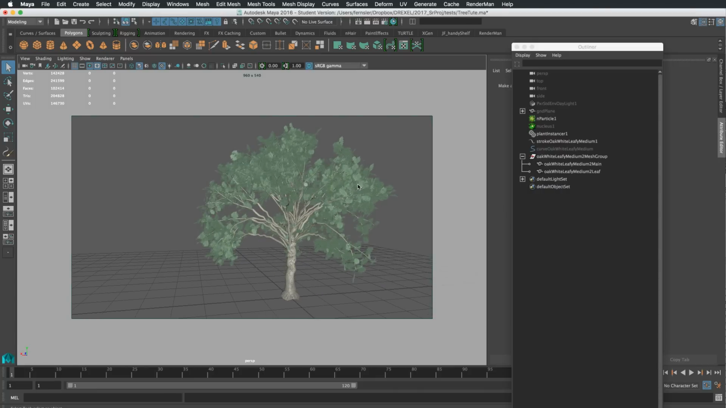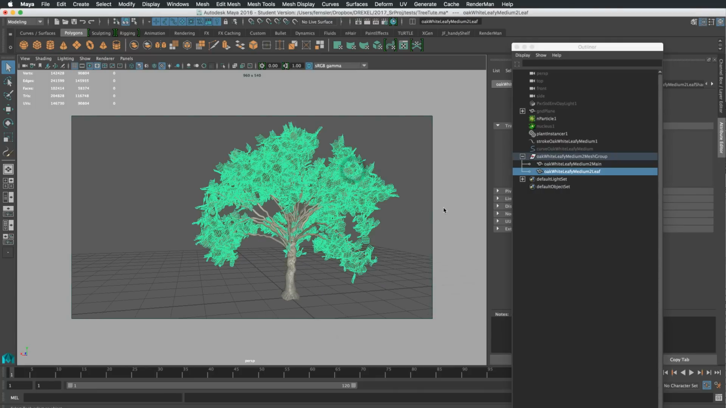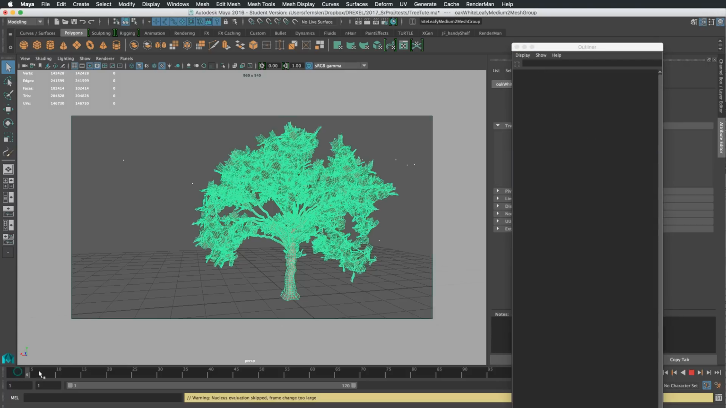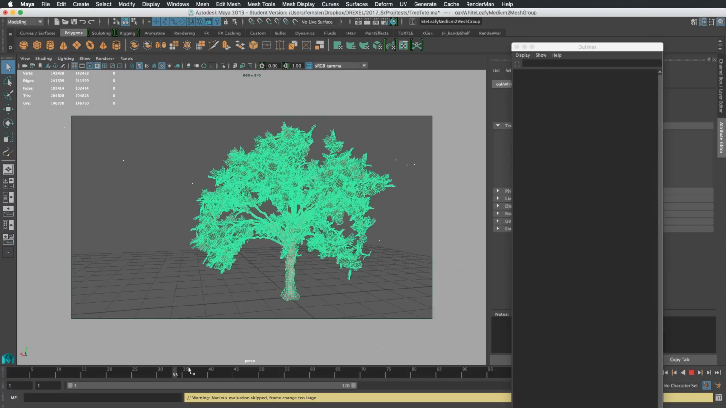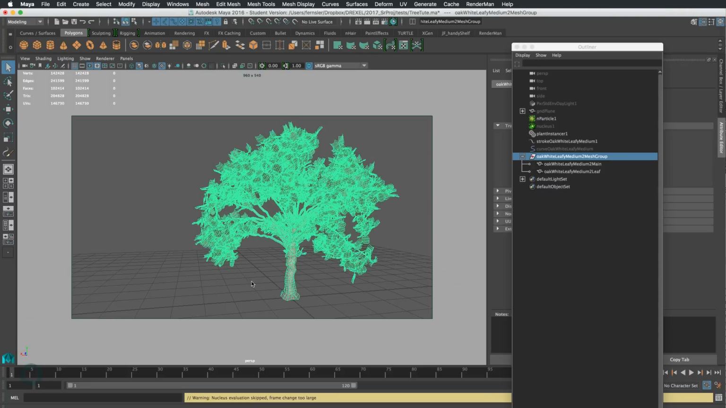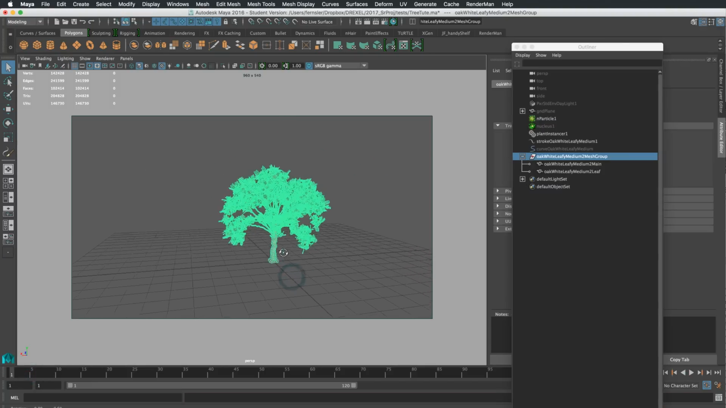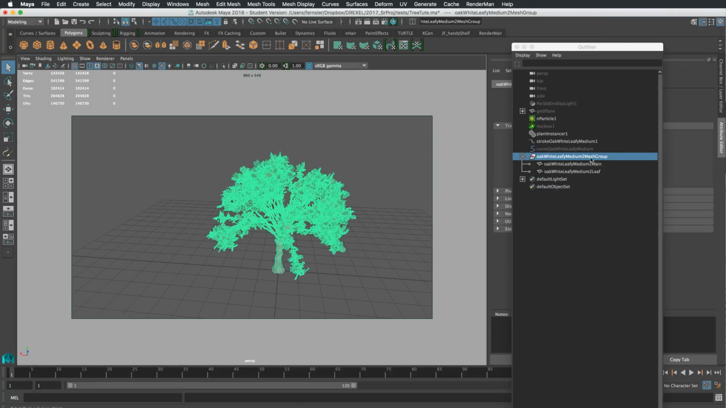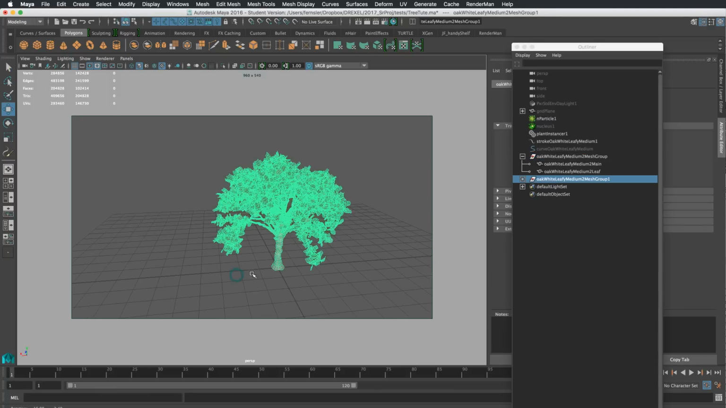So now what we can do, let's say, if you wanted to have this animation, you could certainly just cache this out as a proxy for whatever rendering engine you're using, V-Ray, RenderMan, etc. But if you just need a still tree, we can do this as well. What I'm going to do is I'm going to select this group, and I'm just going to duplicate it, and I'm going to, where's my,